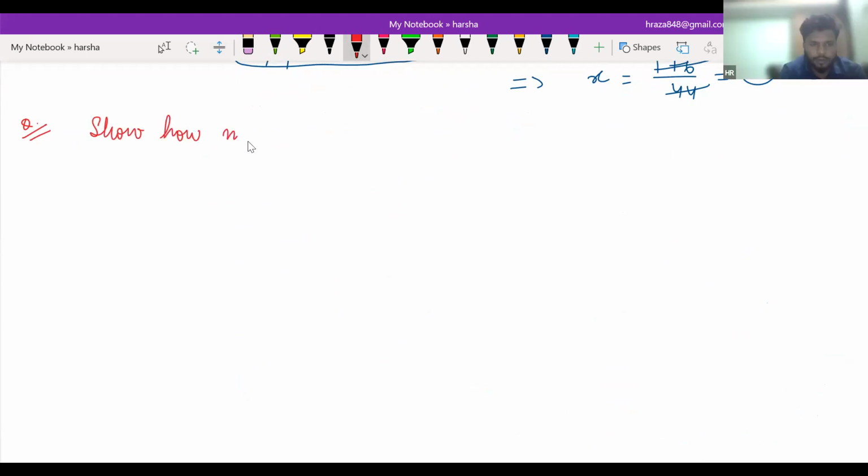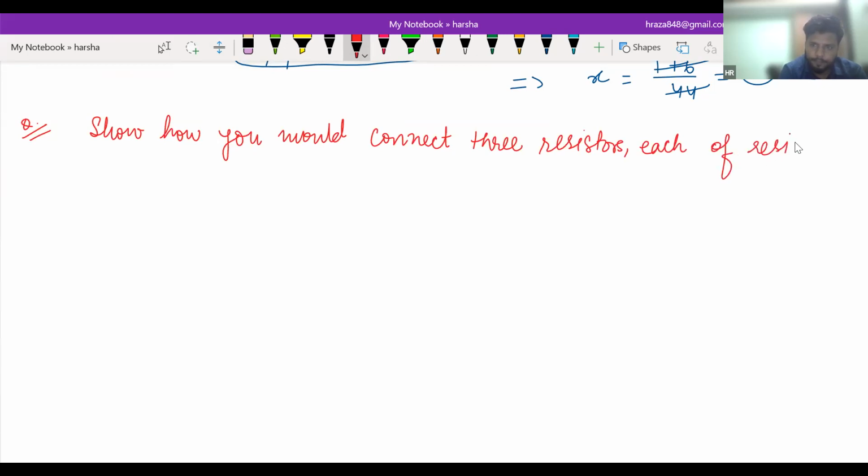So how many? So, wait a minute. How would you connect three resistors, each of resistance 6 ohm, so that the combination has an equivalent resistance